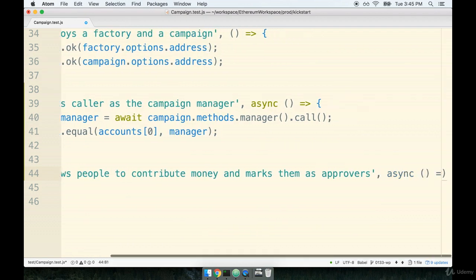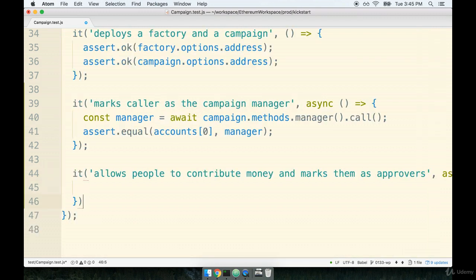Don't forget to place the async keyword. I really can't say that enough. And then inside the it block, we can start writing out our method to attempt to contribute some amount of money to our campaign. So we'll say await